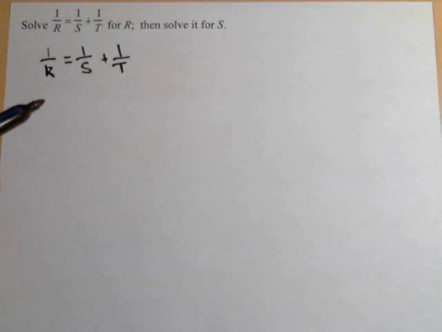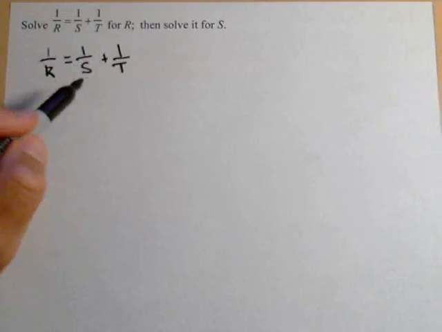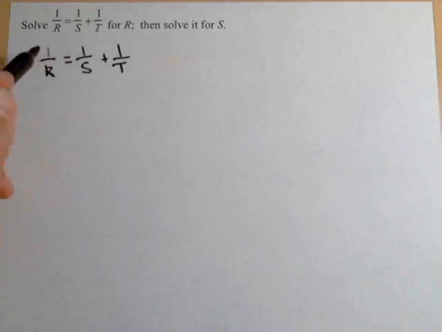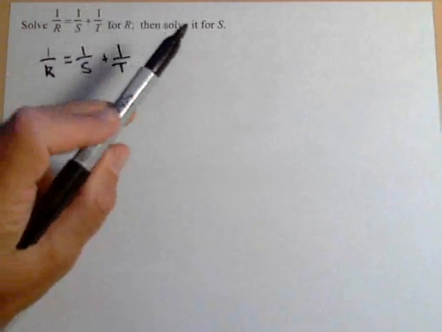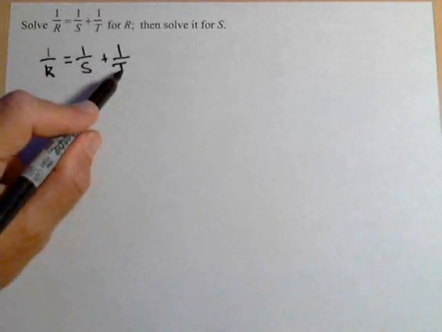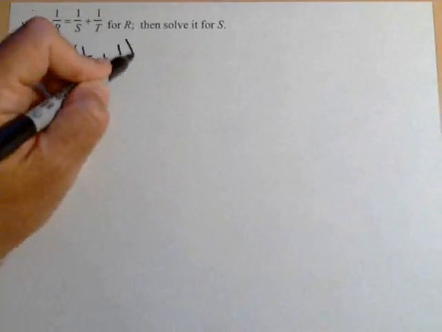One way of doing this, it's really nice and quick, and this is anytime you have this many fractions involved, multiply both sides by the least common denominator. You get rid of your fractions. So that's going to be our first step, whether we're solving for r or for s. Our least common denominator is just the product of the three, which is r(st). So I'm going to multiply both sides by